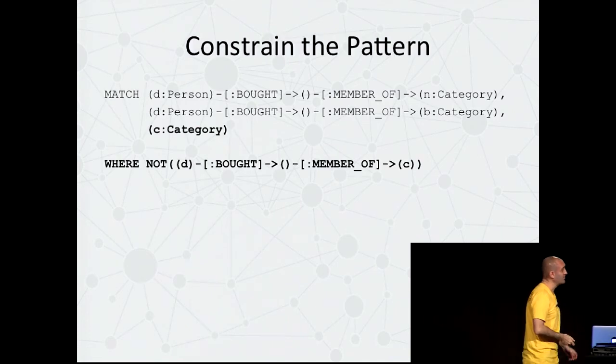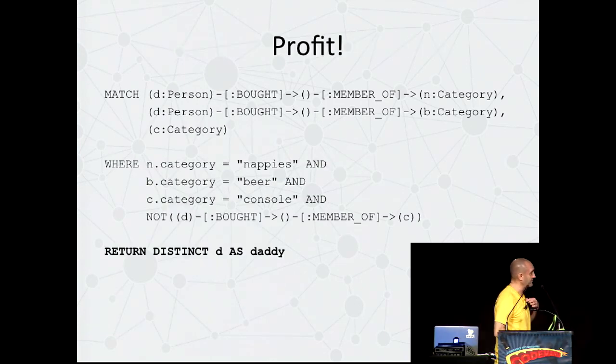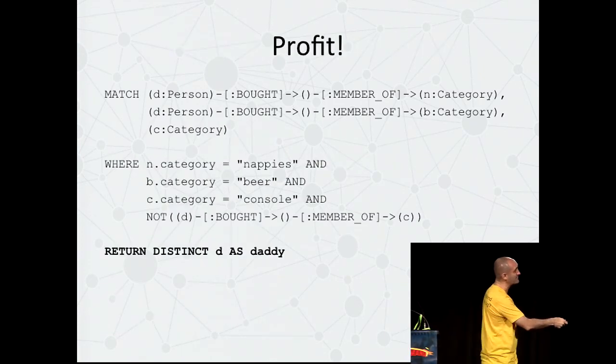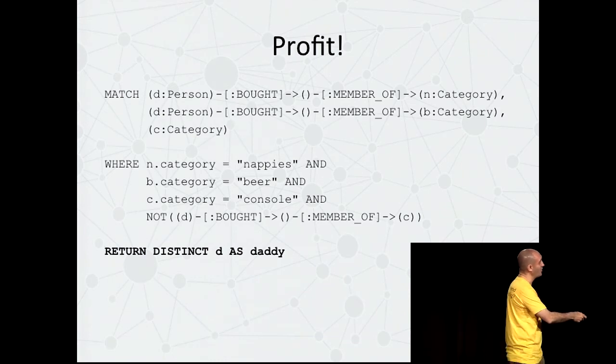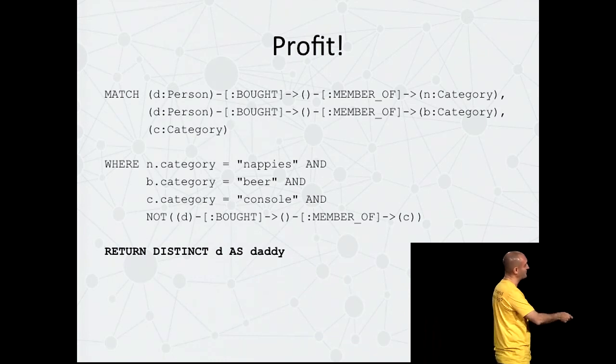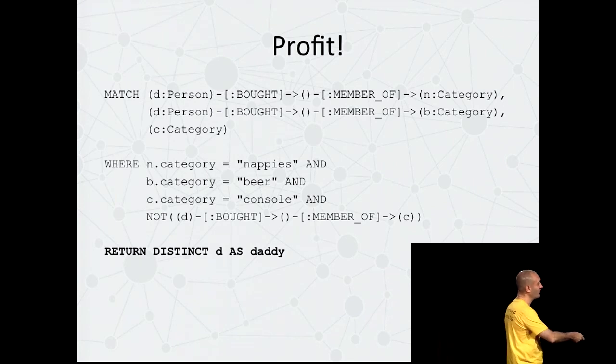So here, I've actually got legal Neo4j query syntax. And what does this query say? It says, find me patterns like this. I'm interested where I've got a person who bought something that's in a particular category, where that person bought something else in a particular category, and I've introduced a category. Then I'm constraining the categories and saying the first category is something to do with nappies, the second category is something to do with beer, and the third category is consoles. And then a final constraint is where the customer has not bought anything in the console category. So it's bought beer, bought nappies, has not bought an Xbox or a PS3, and then return me the results.